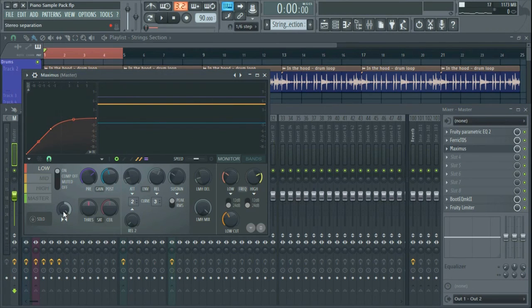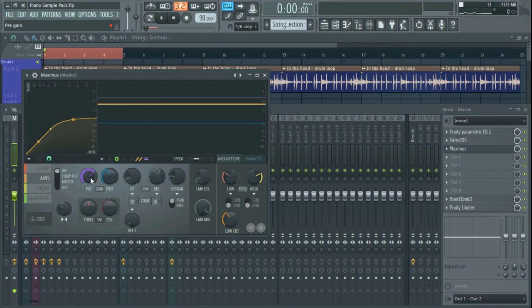And also I put it all mono because I want my low frequencies to be all mono always. And then in the mid I adjusted the level as it sounds good. I don't have a rule for this, only when it sounds good I leave it there. And give it some 30% of stereo separation. And in the highs, the same.